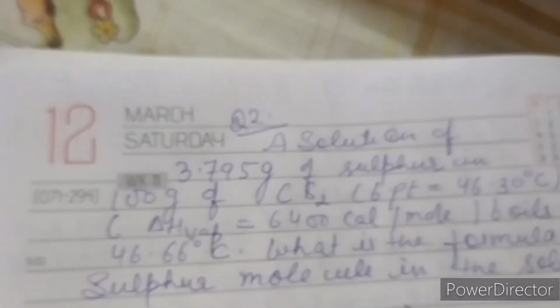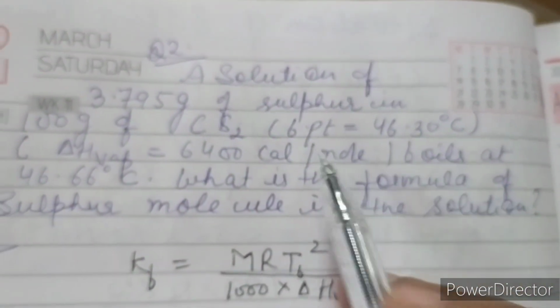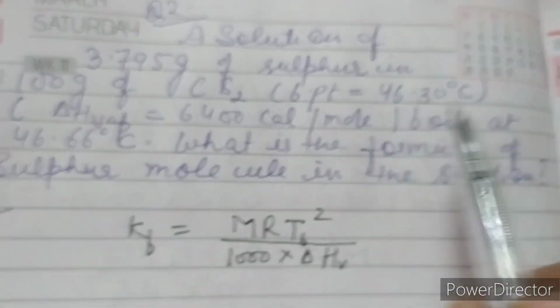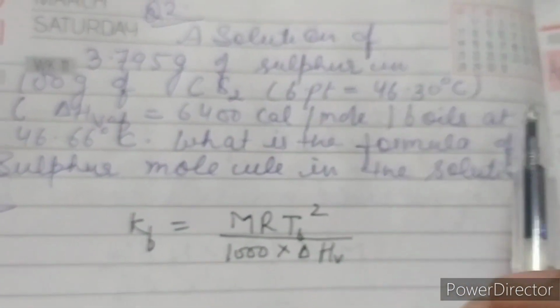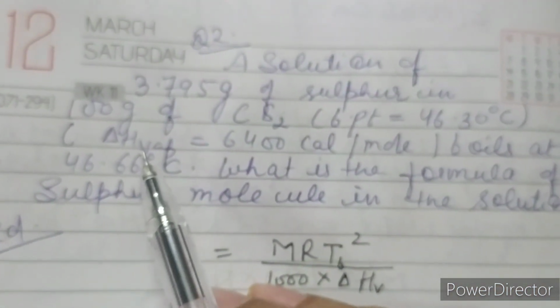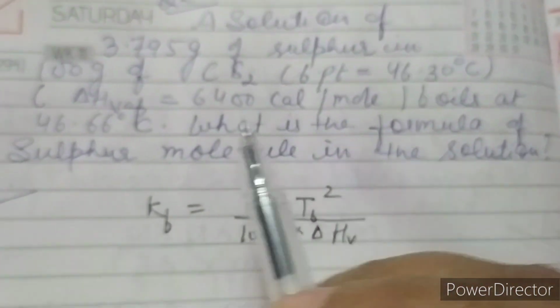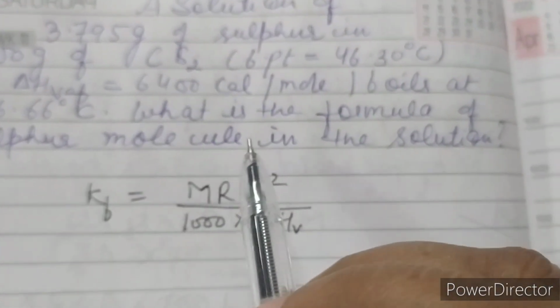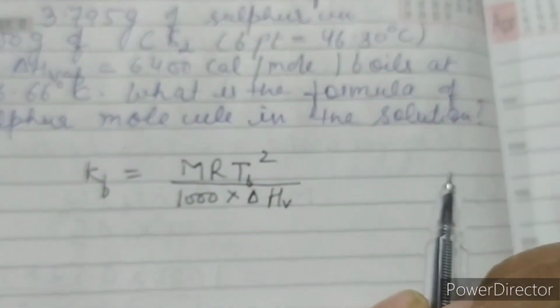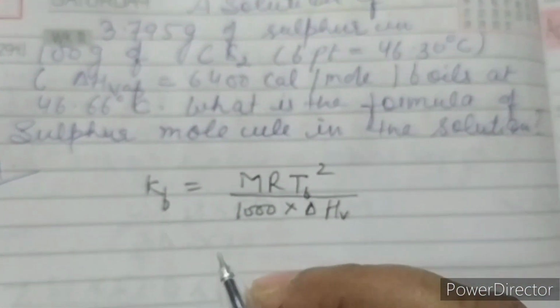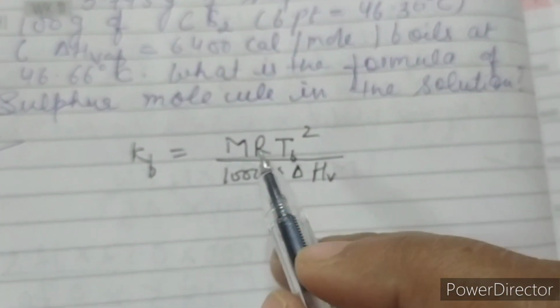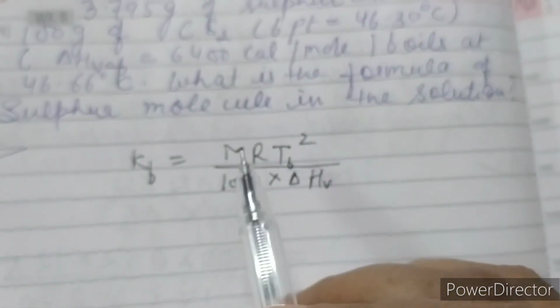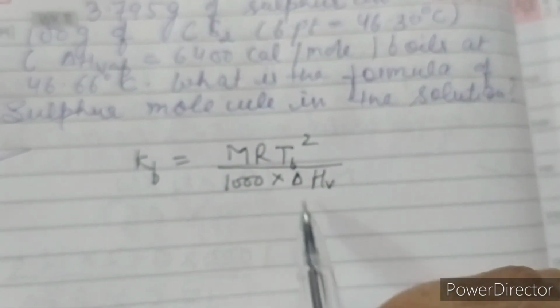Next question: a solution of 3.795 gram of sulfur in 100 gram of carbon disulfide, with boiling point given and latent heat of vaporization given, boils at 46.66 degrees Celsius. What is the formula of the sulfur molecule in the solution? So firstly we have to calculate the Kb. For that I have already written the formula, that is the ebullioscopic constant Kb equals M R Tb square upon 1000 into delta